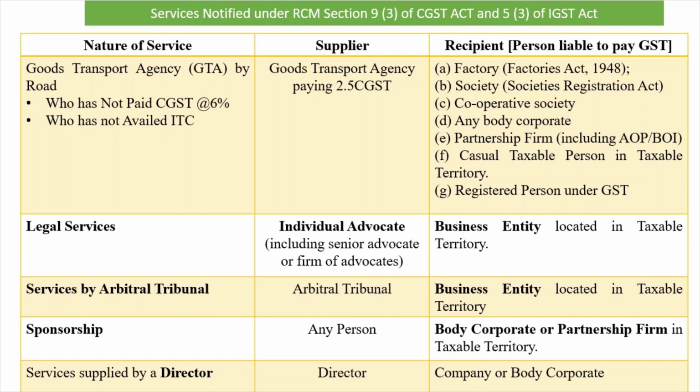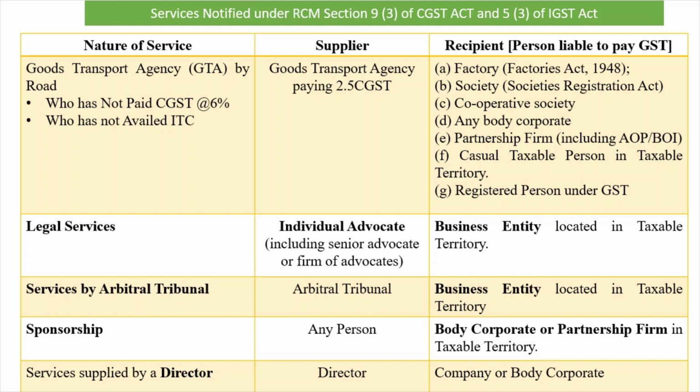Thus ABC Limited shall be treated as a recipient of service, and if it is a recipient of service, reverse charge is applicable. Now if GTA has paid GST under forward charge at 12%,